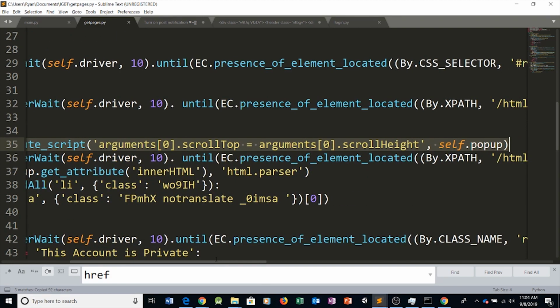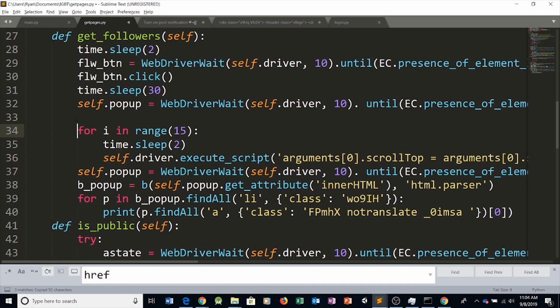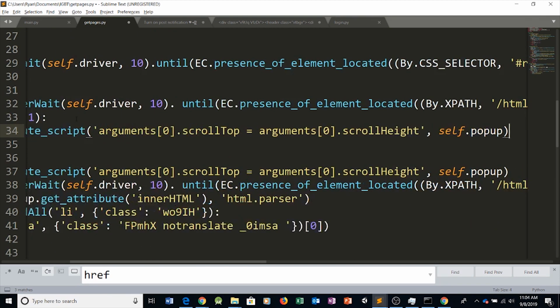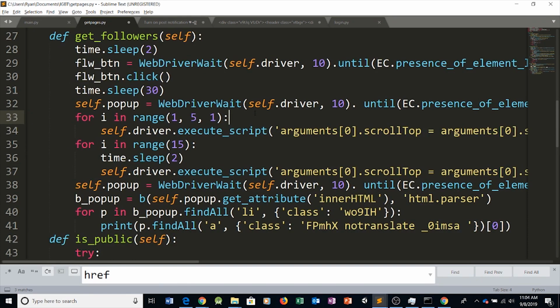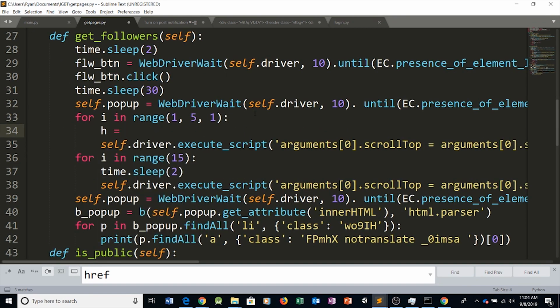All we have to do is copy this bit of line, go before the for loop, create another for loop, for i in range, and let's make it go to, let's say 5. Let's say from 1 to 5 with a step of 1. All right? Let's paste this right here, and let's create a variable, call it h equals